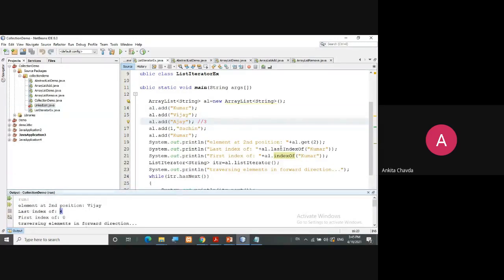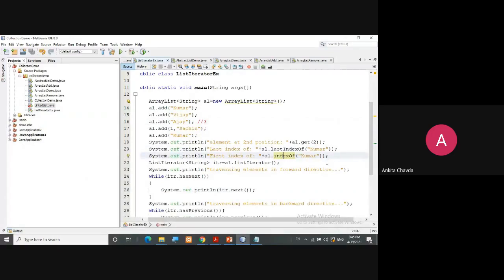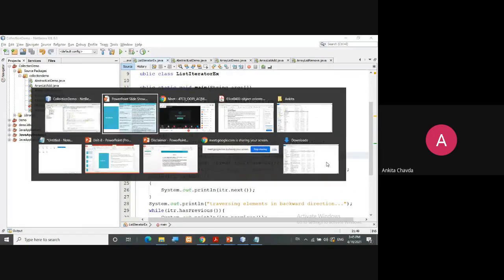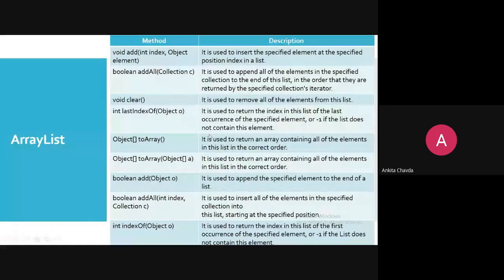So lastIndexOf, only indexOf, okay, then any other methods. This will return the whole array, and I need to take another array here, a String array, and then call this method.